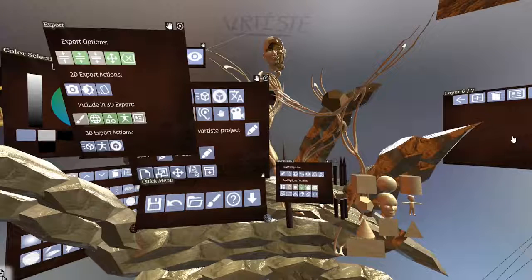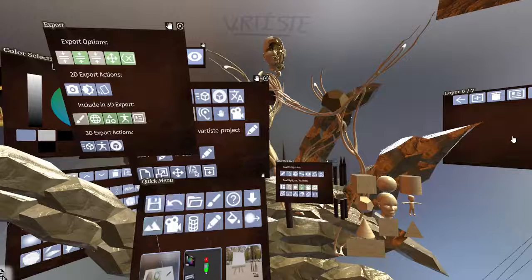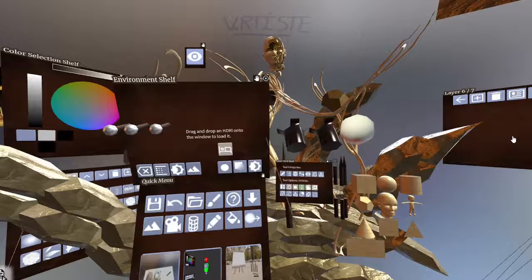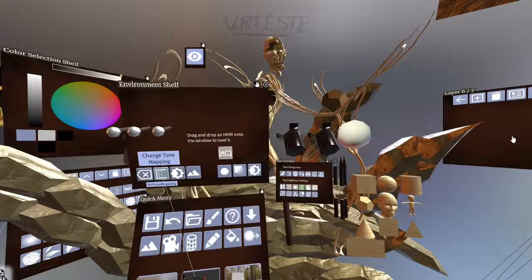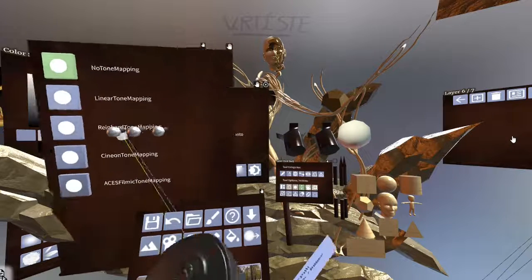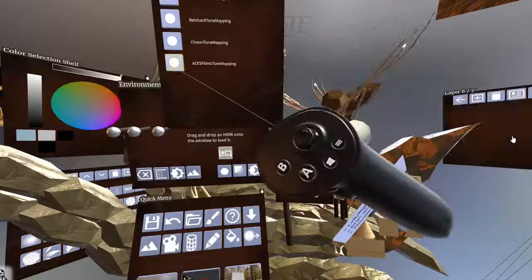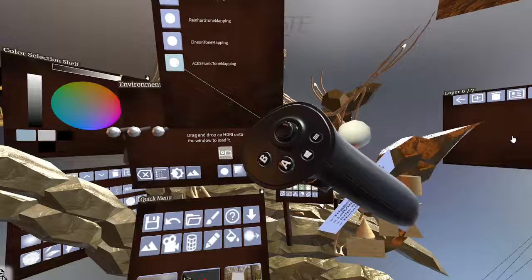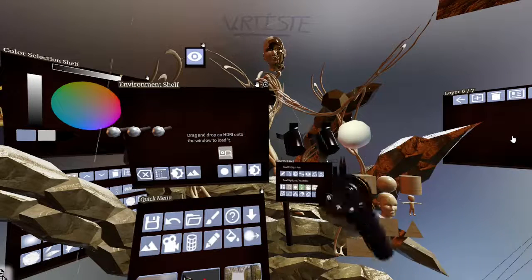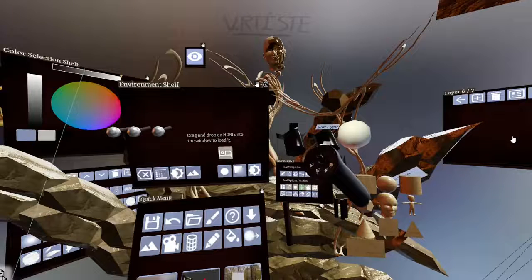So again, you can keep playing with it in VRTeast. Let's go ahead and do that now. First thing to do is to change the tone mapping so that our lighting and all looks the way we want it. Let's go for Filmic. All right, now let's grab some of these lights.